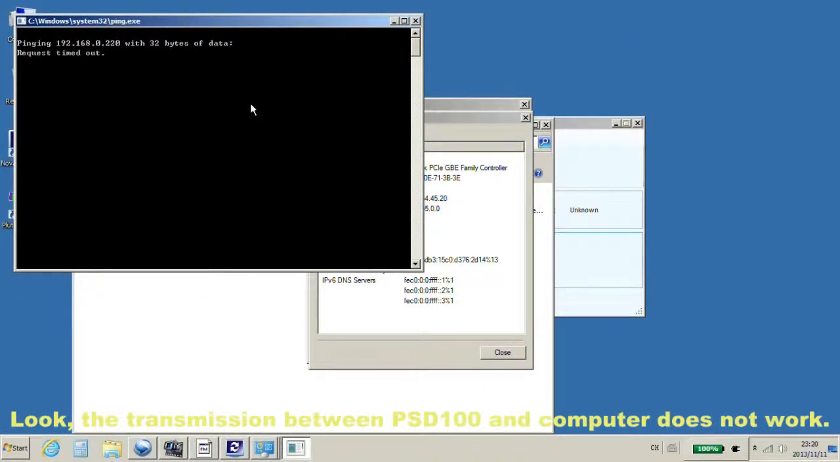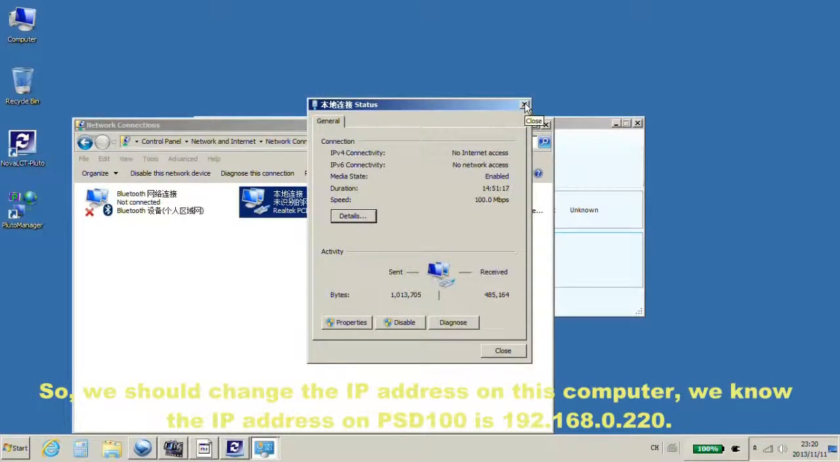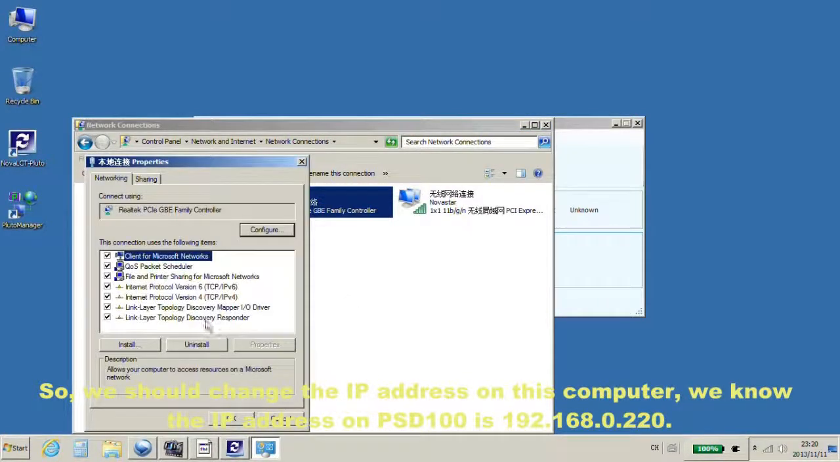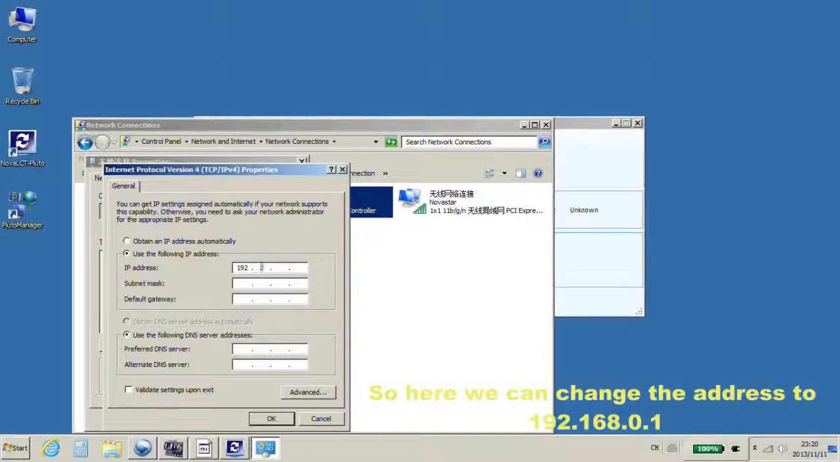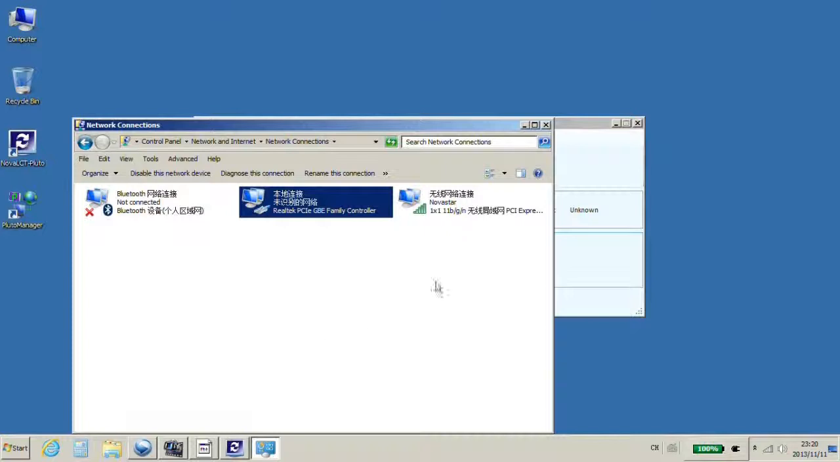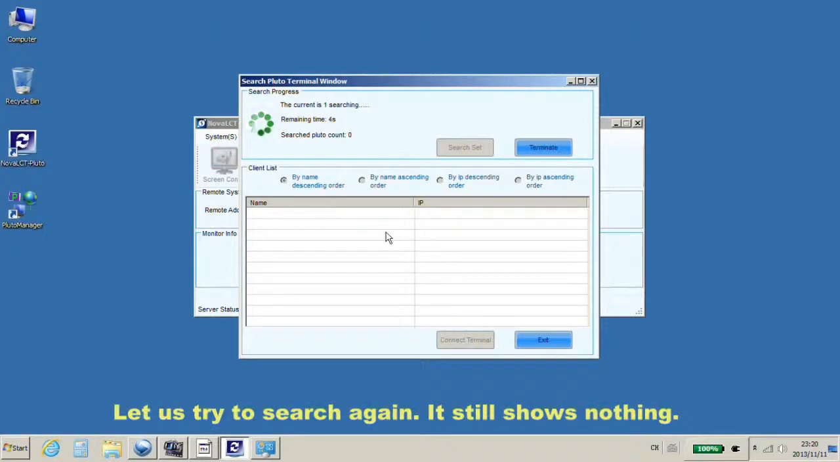Look, the transmission between PSD100 and the computer does not work. So, we should change the IP address on this computer. We know the IP address on PSD100 is 192.168.0.220. So here we can change the address to 192.168.0.1 for ensuring the transmission between them. Let's try to search again. It still shows nothing,